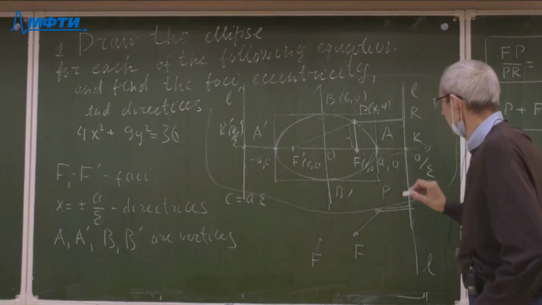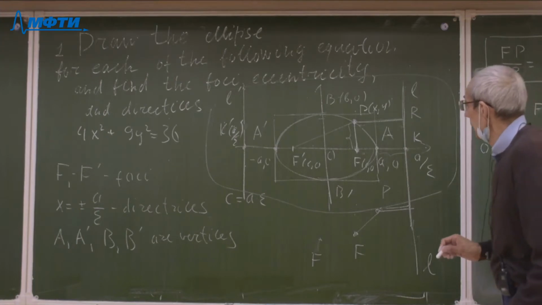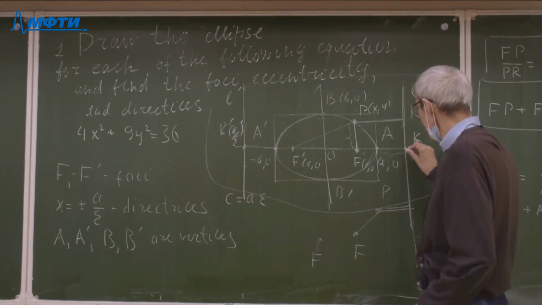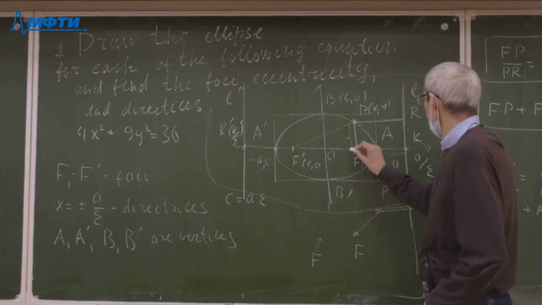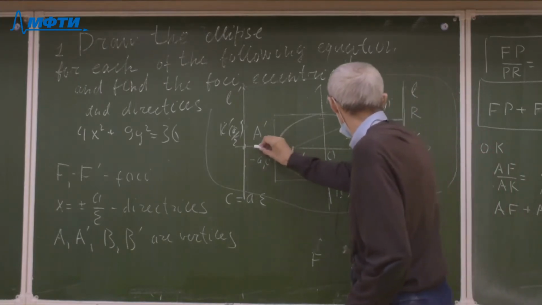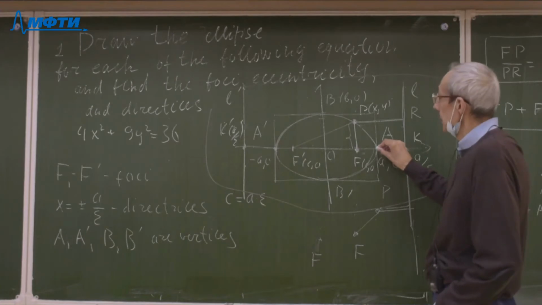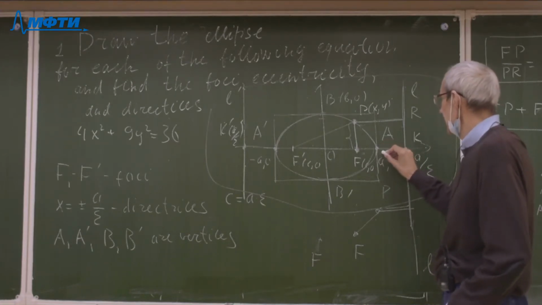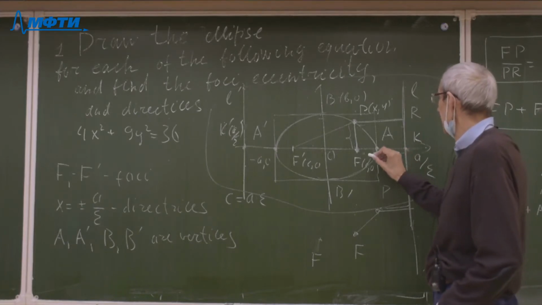Let's draw this perpendicular and let point K be the base of this perpendicular. This perpendicular FK, and let A be the point which lies on this perpendicular such that the ratio of distance FA